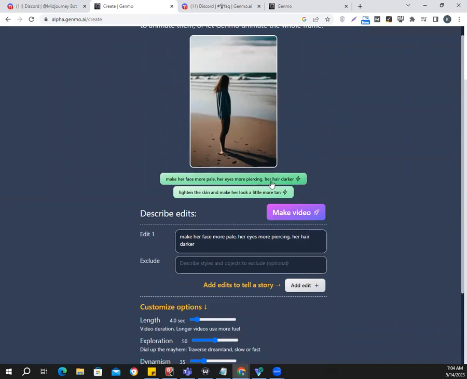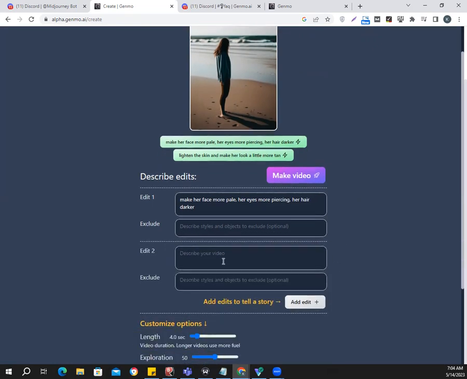So there are some suggestions here. Make her face more pale, her eyes more piercing, her hair darker, lighten the skin, and make her look a little more tan. I cannot even see her face. So anyways, in order to generate the next frame, we need to click on the add edit button here. There we go. So we're going to click add edit, and so for the first edit, in fact, this was here. So we are going to write now